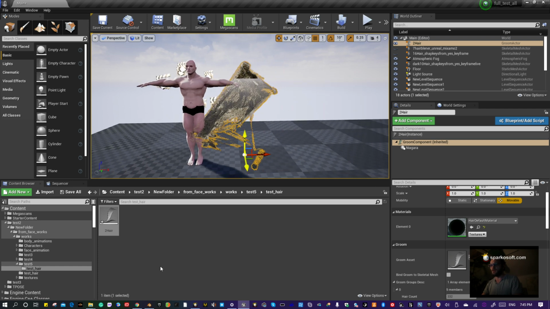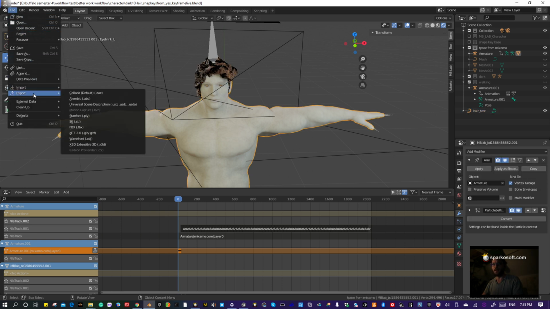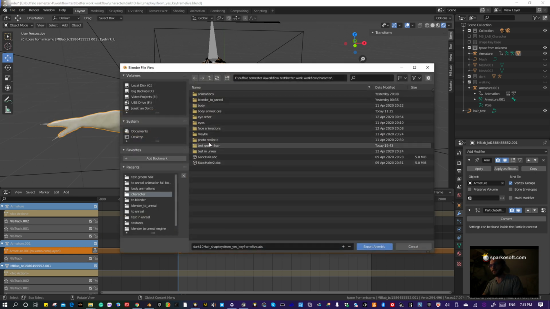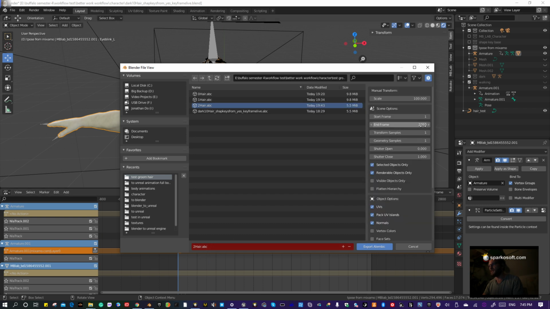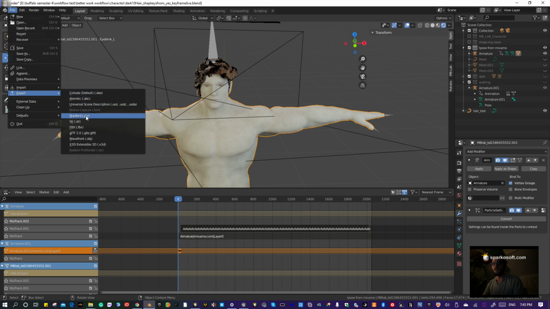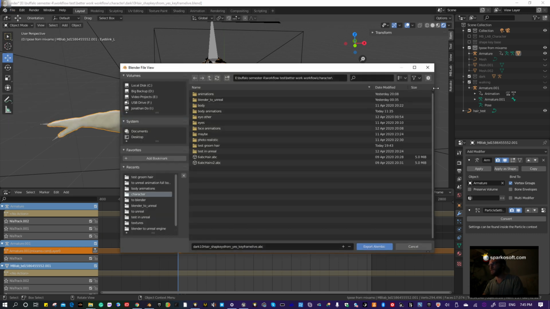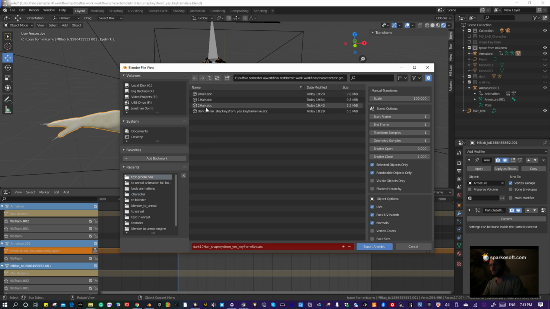So to fix this, we go back into Blender, we select our character's mesh, we go to export, we go to Alembic, we go back to the exact file that we saved out, and we're going to override it. We just need to make sure that the settings are the same, so the end frame has to be 1 as well, and everything else should be good. Oops. Accidentally unchecked some stuff. I'm just going to cancel that, and let's do that again. Alembic. Settings. And settings are good there, and we're going to overwrite save the exact same file we made. So export,